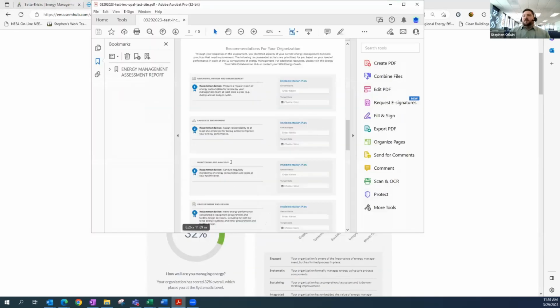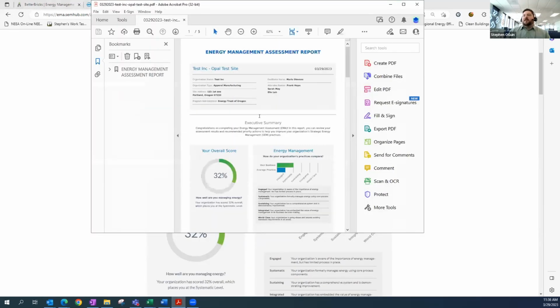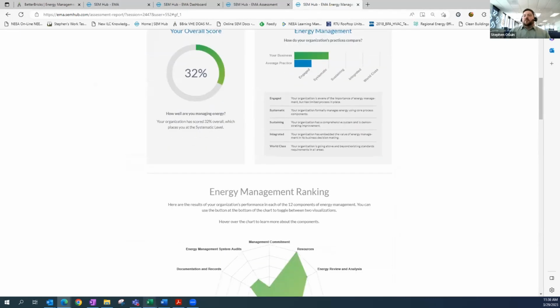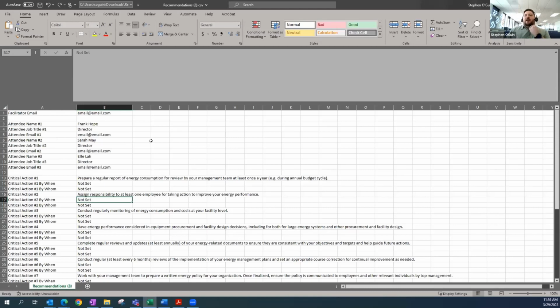I think I have it open. Yeah, it's just a PDF of the web page. So what you're seeing on this page here is what will be in that report, and then the CSV is an Excel file that